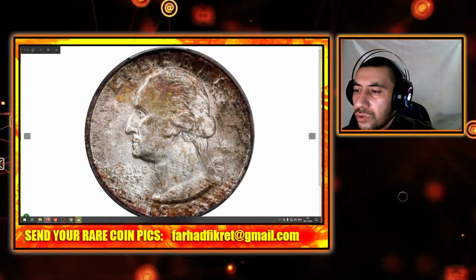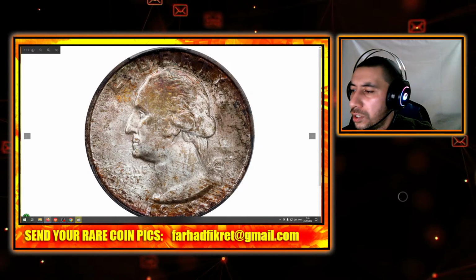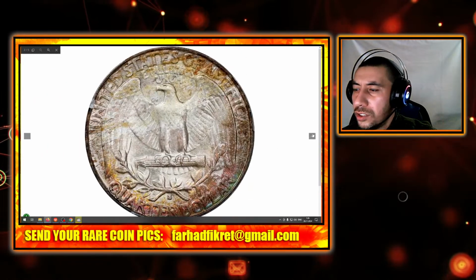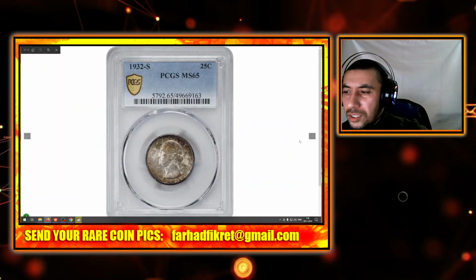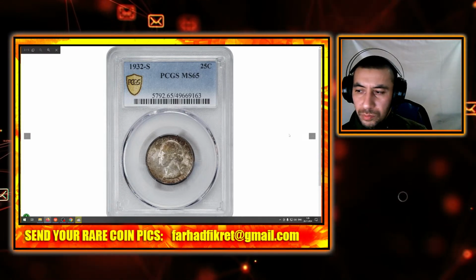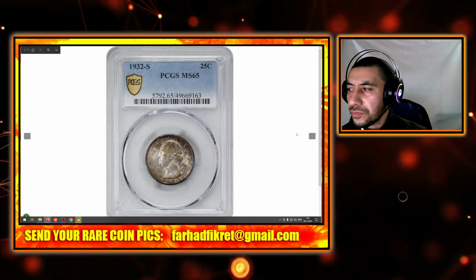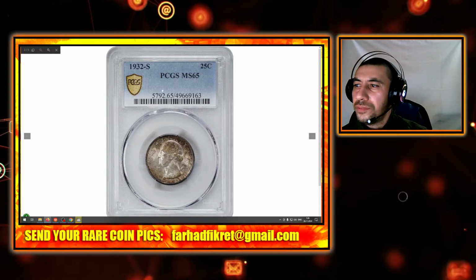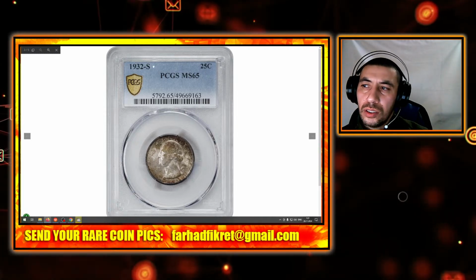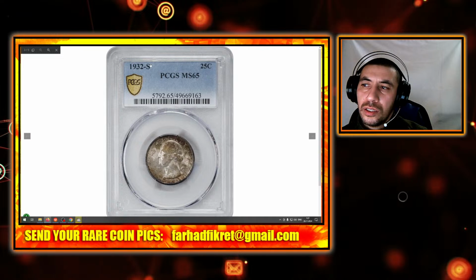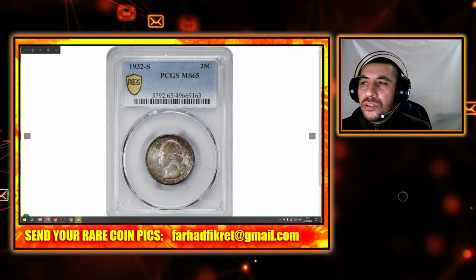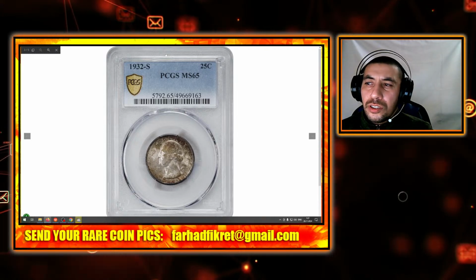This issue is known, I think, for its rarity, the 1932, but it is considered a key date as it is the first date these Washington quarters started as a series. So from all means that issued these quarters starting in 1932,